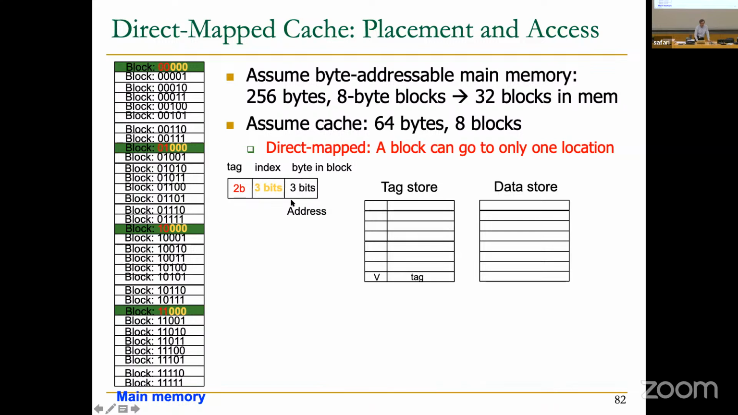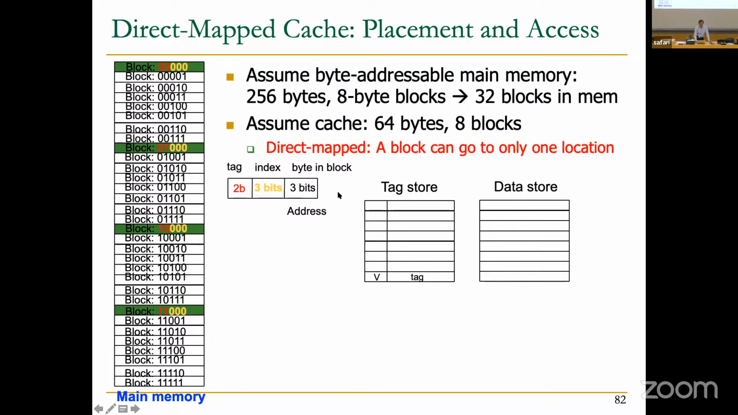Log 2 to the 8 is 3. And then we have 8 indices, 8 potential locations that is determined by these index bits. That's 3 bits also. Again, log 2 to the 8 is 3. And then the remaining bits are tag. So these bits in the address specify which block or which location in the cache that a memory block can